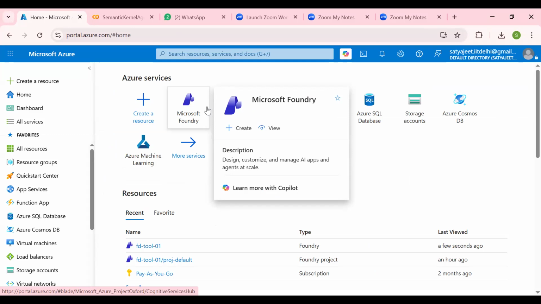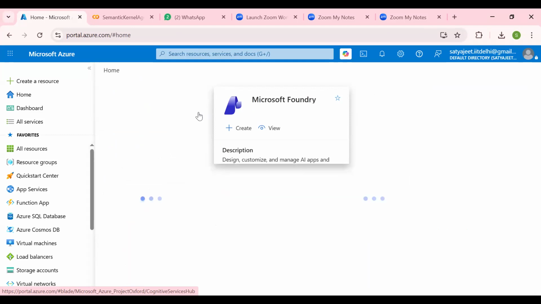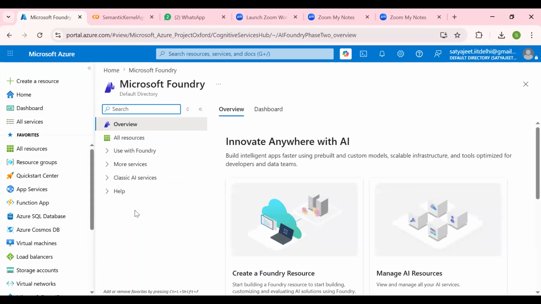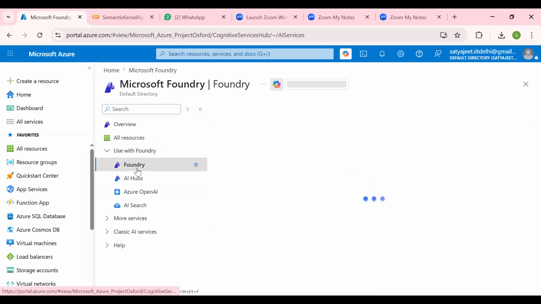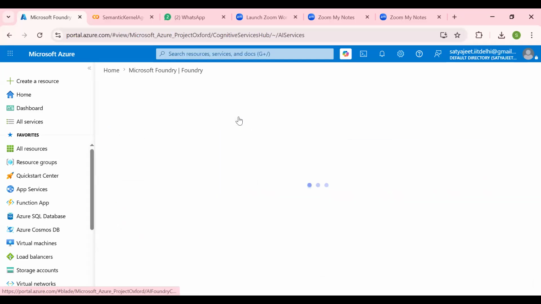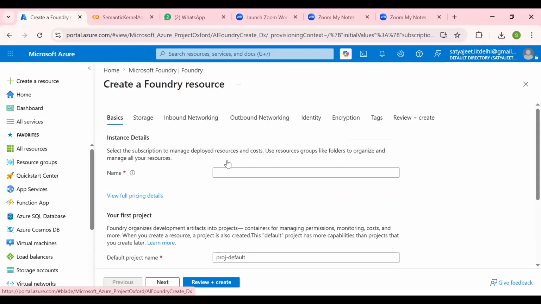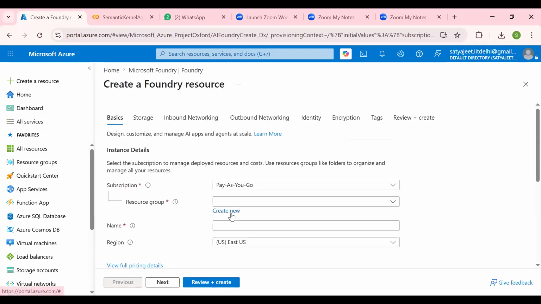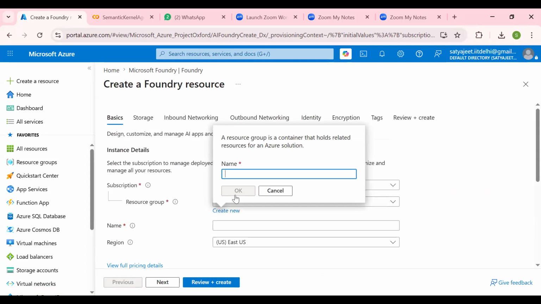Just try to understand where I have used them. I'm going to show you that I went inside this Microsoft Foundry. Within this Foundry, if you go and create it, let's say I have created one resource group.